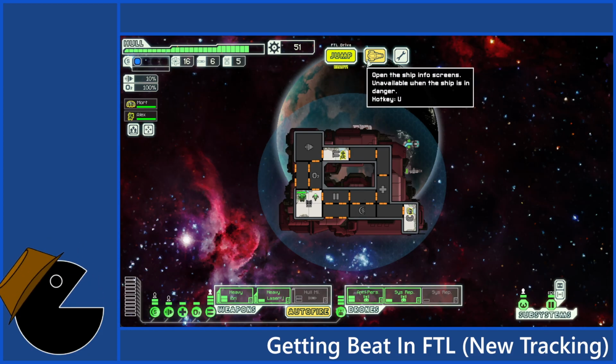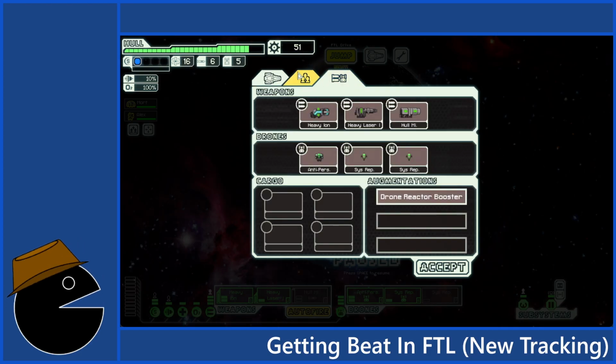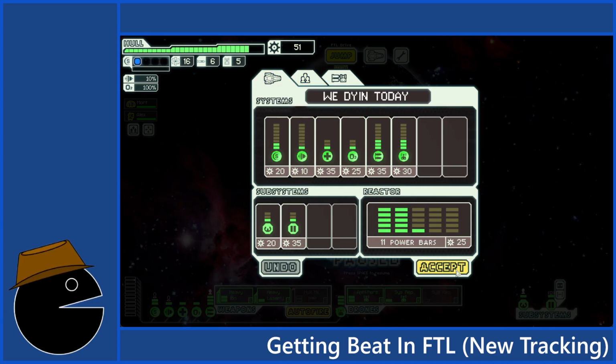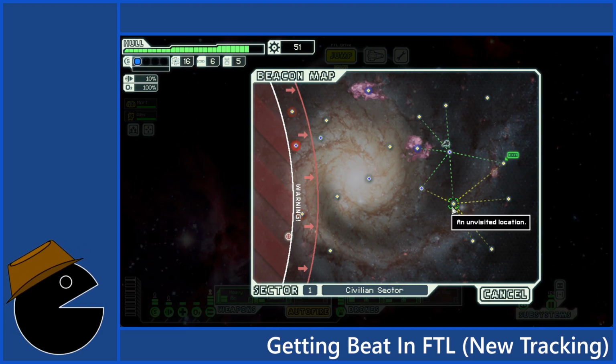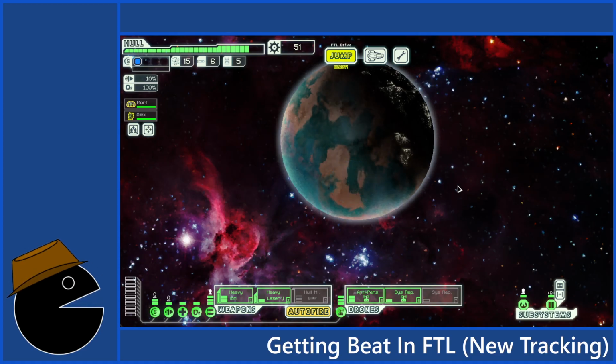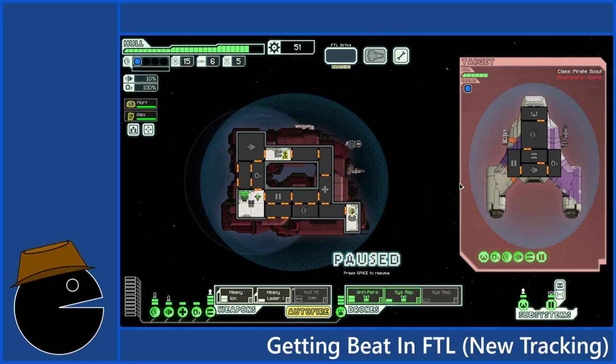Or along with the ion cannon, I should say. And also, I'm going to be, never mind. Let's jump here, because I would like to stall a little bit. Right, they're trying to fight. Let's see if we can't put a stop to that.